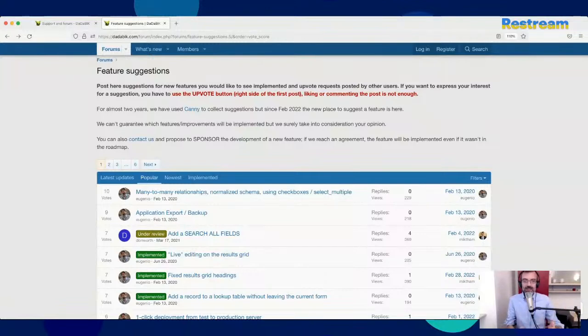The classical approach in database design is to create an additional table that maybe we can call books_authors, having the ID of the book, the ID of the author, and maybe some additional field, for example a field with the role: this is the first author, this is the second author, something like that. You can do that in DaDaBIK, and you can add this additional table in master detail to the books table.